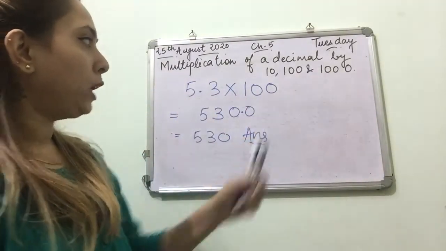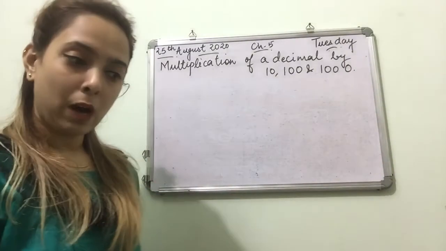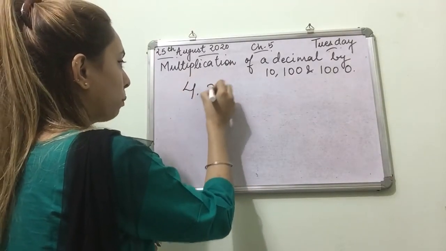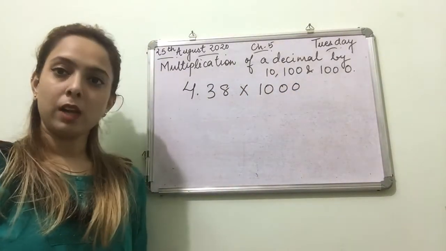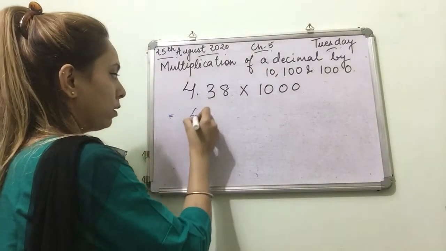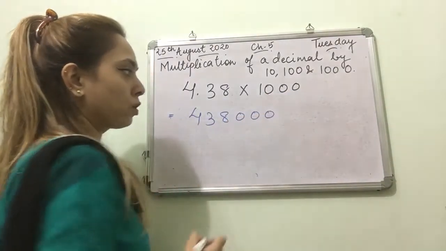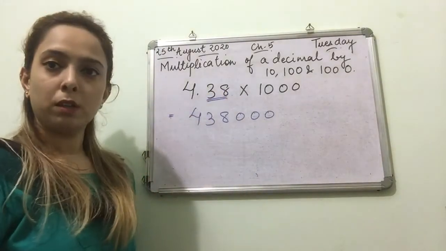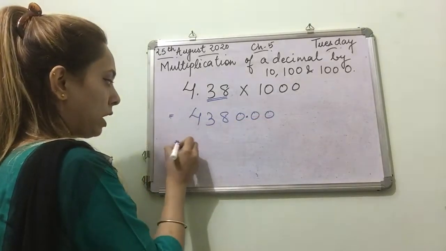I would like to explain it for 1000 also. Let's take the number 4.38 multiplied by 1000. In this case also, write down 438 and all three zeros. Now here we have two decimal places. So your answer is